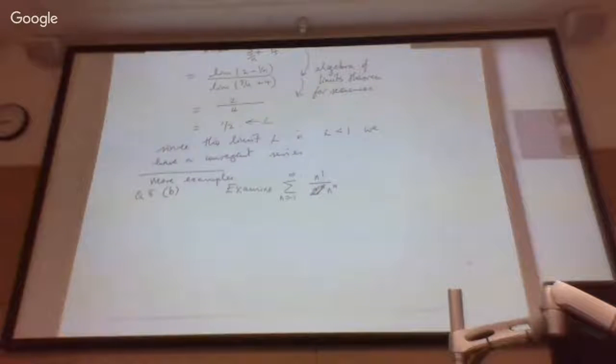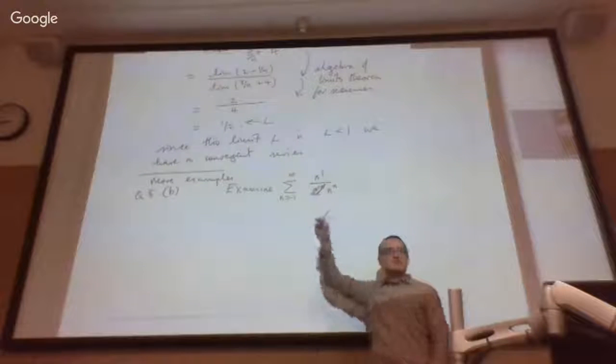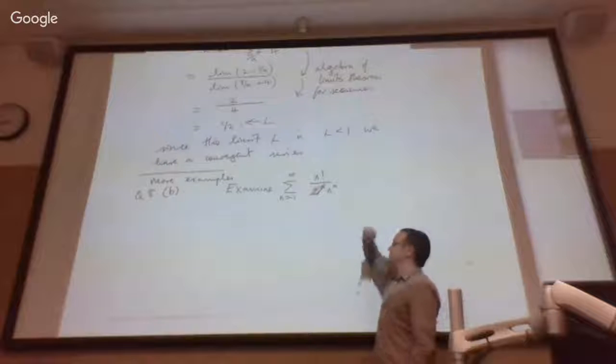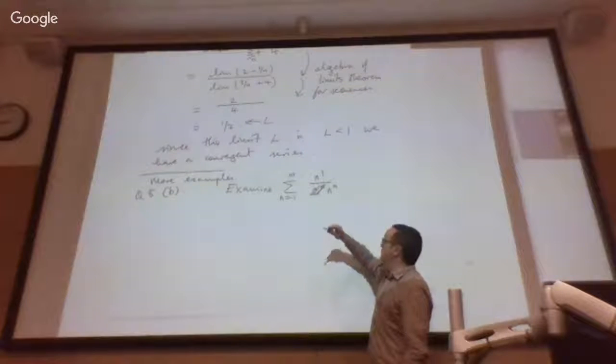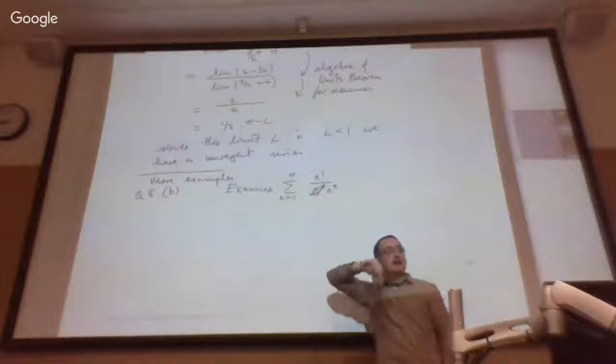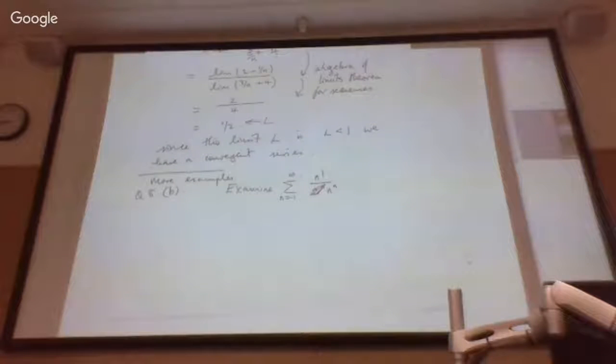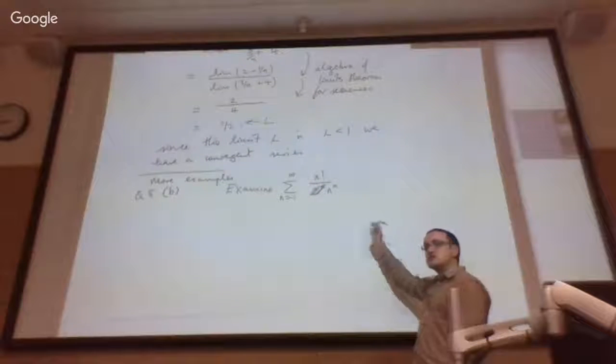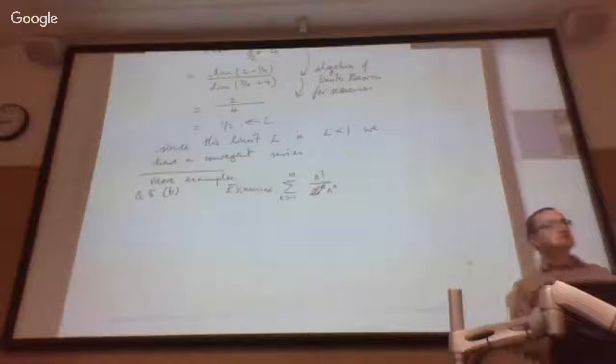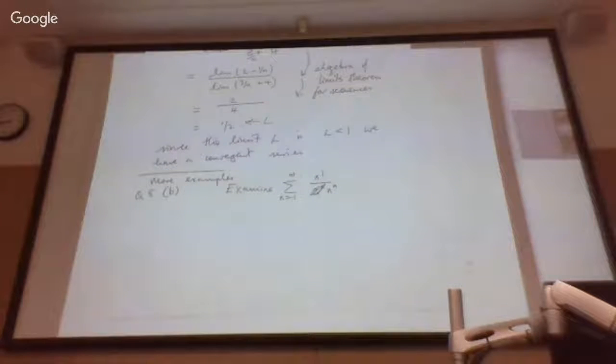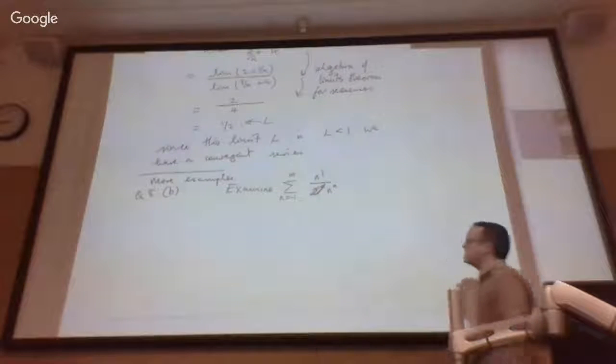Do we have any feelings or intuition about this series, about whether it is going to be divergent or convergent? Remember, for a series of positive terms, and these terms are all positive, there's just a lot of multiplication and dividing going on, so everything's positive, the series converges if the terms shrink and converge to 0 fast enough. If they don't converge to 0 fast enough, then it will be a divergent series. Now, n factorial divided by n to the power n,